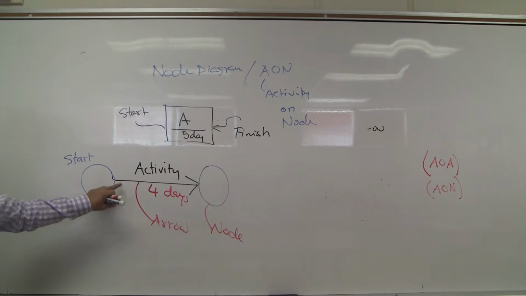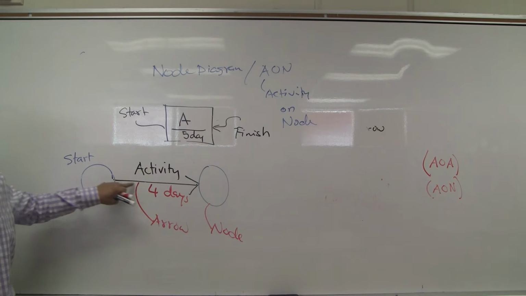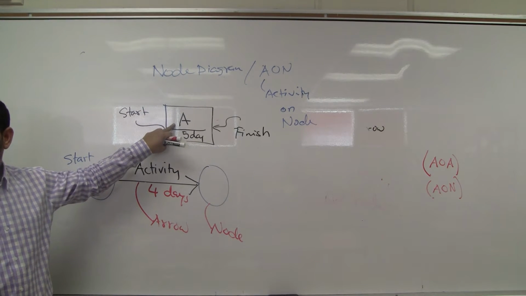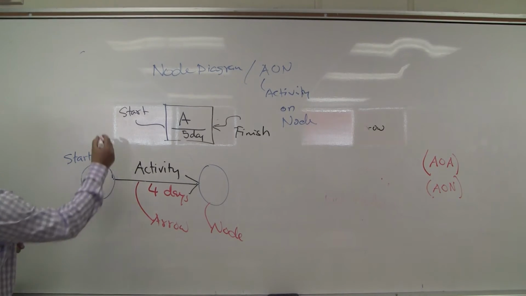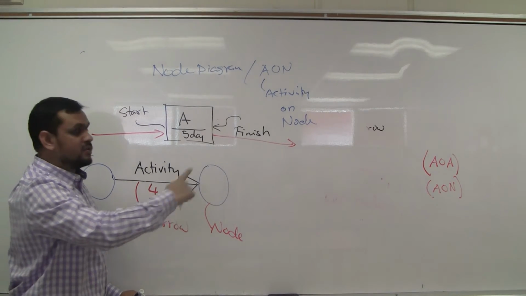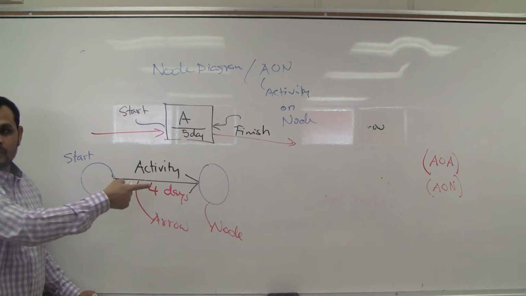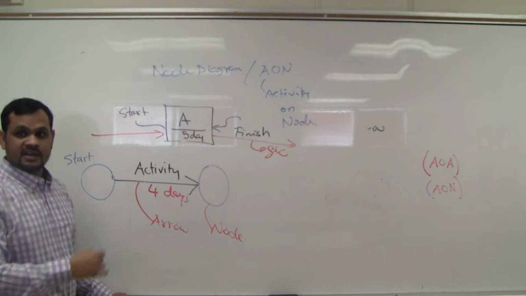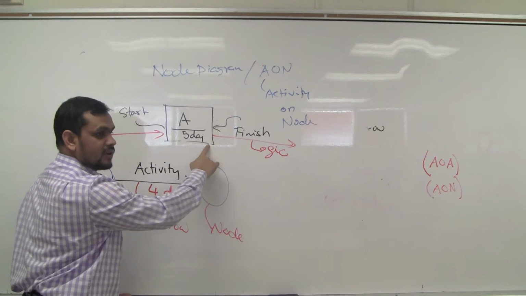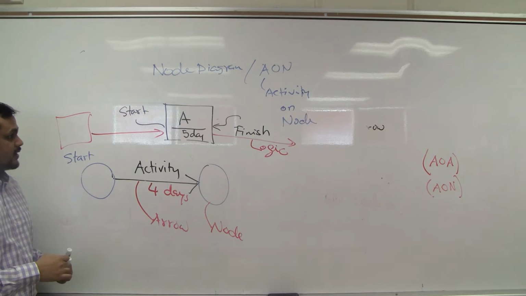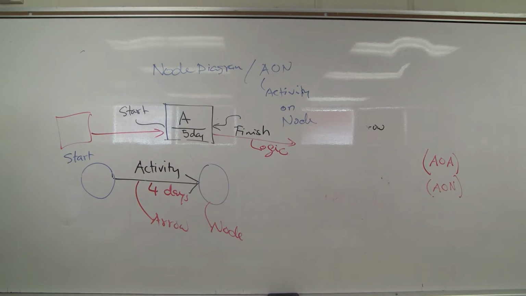So you got it right. Here in the arrow diagram, the arrow will tell me the activity. In the node diagram, the node will tell me the activity. Yes, sometimes we use an arrow here, but that arrow will tell me logic. Who is following me? Whom am I following? It will tell me the logic, not the activity. Who will follow me or whom I am following? That is logic. Okay, now we will start. Before starting, some rules.